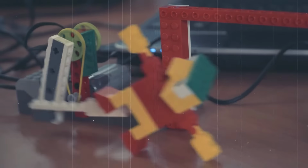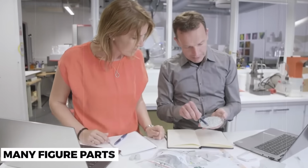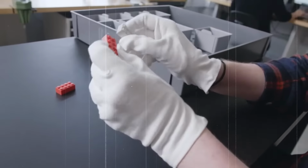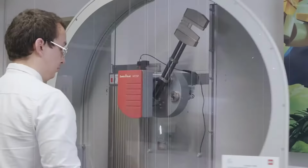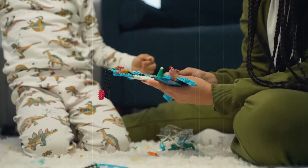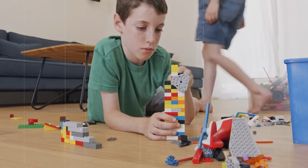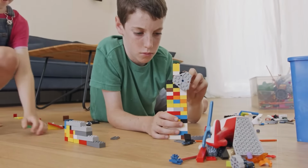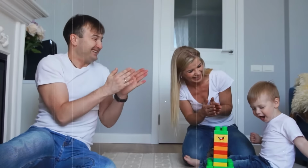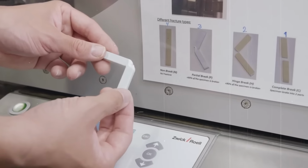In addition to the standard Lego bricks, the injection molding process is also used to create specialized pieces such as wheels, doors, and minifigure parts. These pieces require more complex molds with multiple cavities and may involve additional finishing steps, such as painting or printing. The injection molding process is a key part of what makes Lego such a unique and popular toy. It allows for incredible precision and detail in the design of each brick, and it ensures that each brick is consistent and of the highest quality. In the next section, we'll take a closer look at the finishing process and how Lego prepares the bricks for